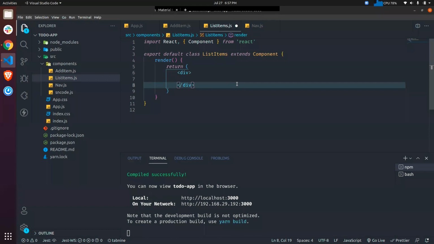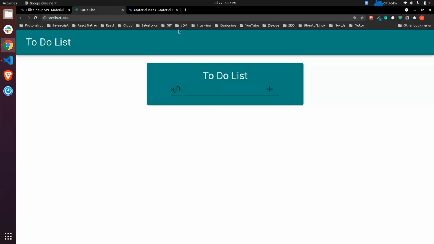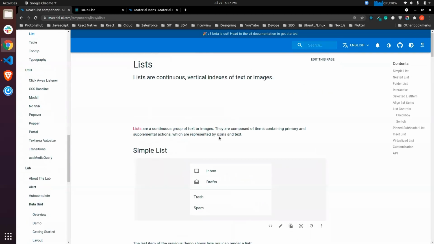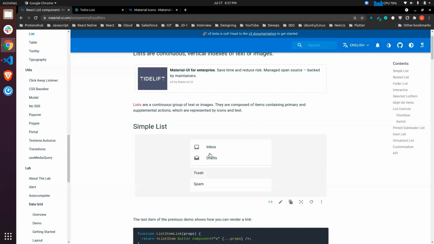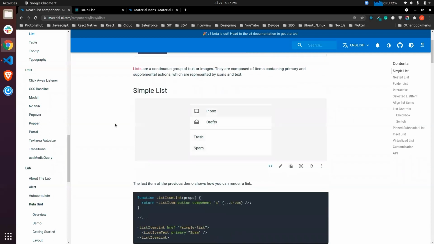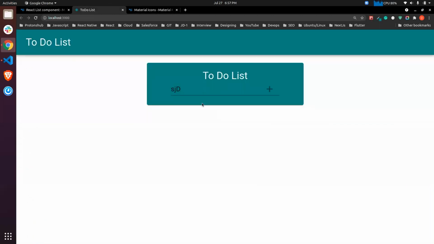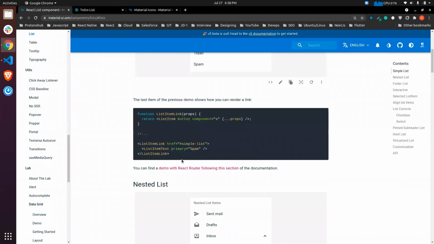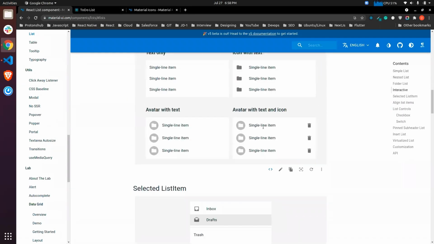It is also a class based component, so we'll write our basic class code, and for using this, we'll use something called list. If you go to the documentation of the Material UI, you will get the list. So this is how you get a list. It is a kind of list structure. This is also a list which is rendered over here. So what we can do is that we can use this as a list and render it over here, with an icon to delete. Okay, so we have some text and we have a delete icon.